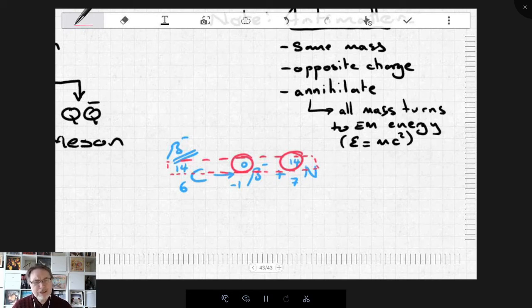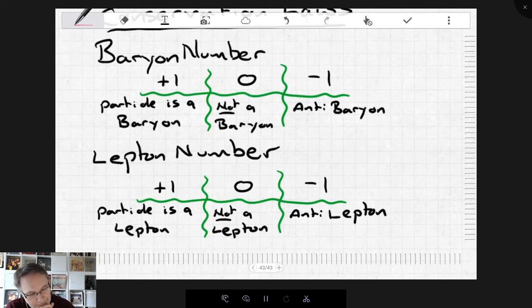If it was the mass number, and somehow people think that means, well, the mass, then it would suggest that an electron has no mass, which is not true. An electron does have a mass. It's very small, but it does have mass. The reason that it's 0 and not approximately 0 is because it isn't mass. It's the baryon number, and an electron, which is the beta minus particle, is a lepton. It is not a baryon. And if it's not a baryon, it has a baryon number of 0.